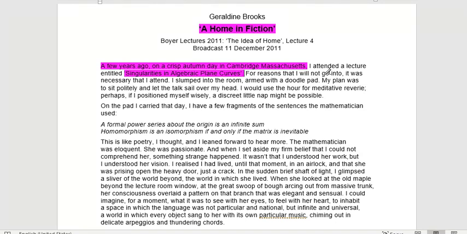"For reasons I won't go into, it was necessary that I attend. I slumped into the room armed with a doodle pad. My plan was to sit politely and let the talk sail over my head. I would use the hour for meditative reverie. Perhaps, if I positioned myself wisely, a discreet little nap might be possible." All right, so she's giving us a little bit of humor,